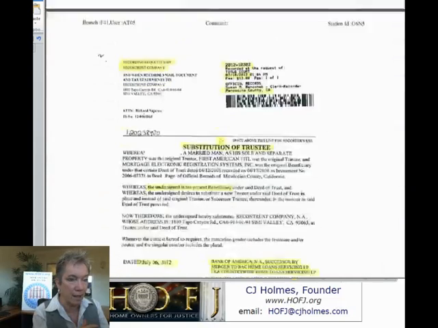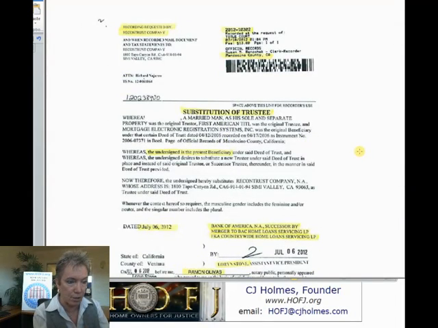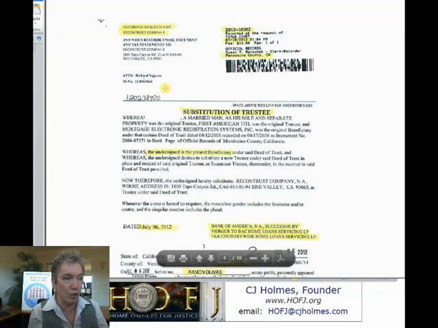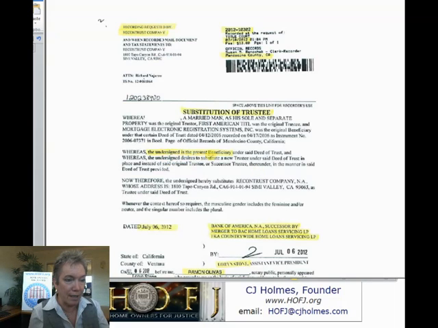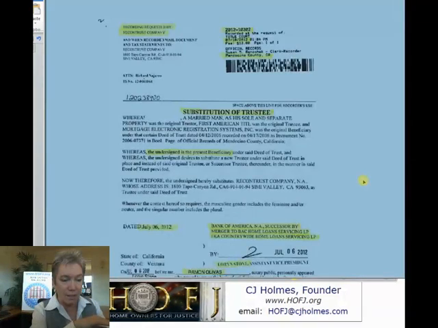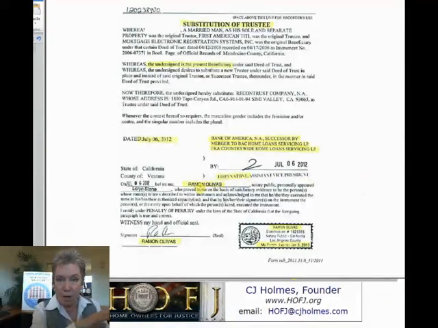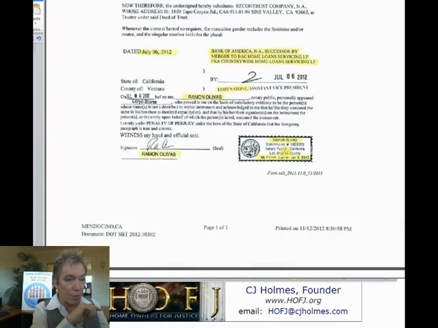So the next thing that was filed on this property is a trustee substitution. So now, again, you've got B of A, successor by merger to the home loan servicing. So the substitution is illegal because it's based on that first assignment, which is a violation of law. And again, you've got Recon Trust asking for this. And the undersigned is present beneficiary, so it states again that this is the beneficiary, which is illegal. Notice it's the same Lauren Stone, the same notary Ramon Olivas, same date. So again, it violates all of those items, which we'll look at in a minute.